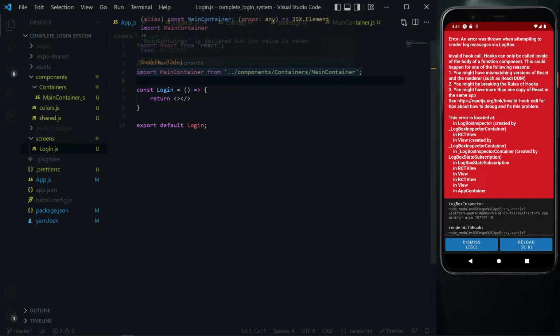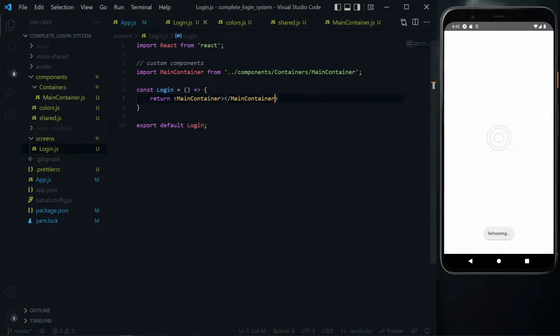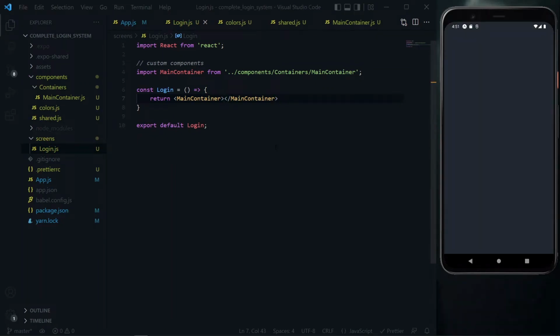Now use the main container in the component and refresh the app due to the error. Now the error cleared itself after returning the main container. If yours persists or you still see the white screen, you can just quit the server and start it again